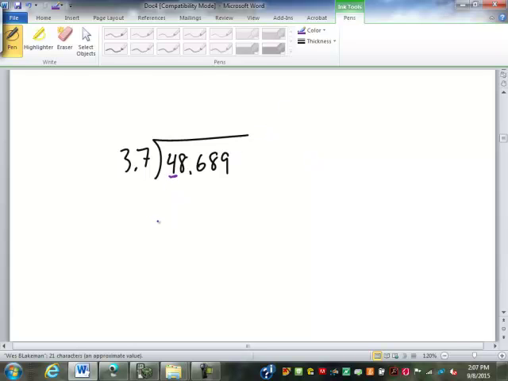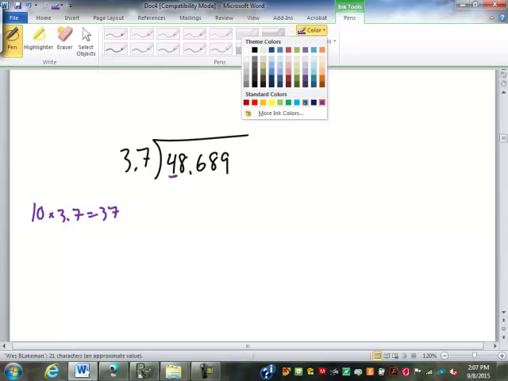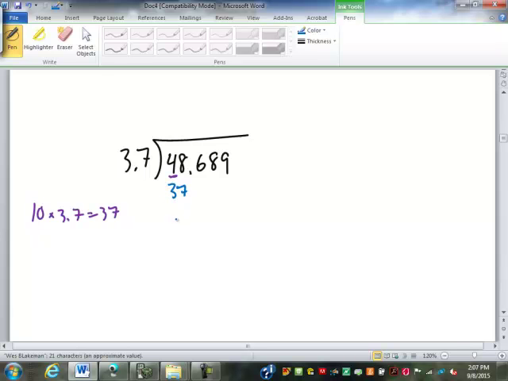The way this used to be done is you'd pick a place value. I'm going to pick the first digit of the number I'm dividing. That's the tens place. So 10 times 3.7 is 37. Can I subtract that? Yes, in fact, I can subtract it exactly once. So that's 10 times 1. I just subtracted it 10 times. 1 and 1, bring down my 6. Next place is the ones place. Times 3.7 is 3.7. Can I subtract that from